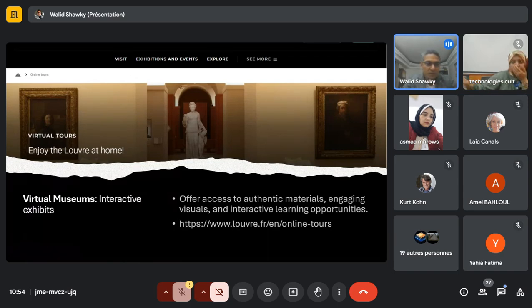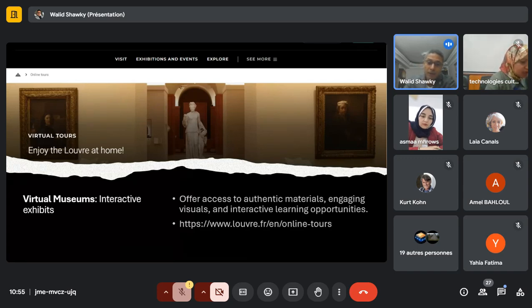We have seen so many museums around the world that are providing this, including the Louvre, for example, in Paris. Similarly, I have seen a couple in Dubai, and we have the Egyptian Museum here in Cairo that offer the same experience online. So if you are trying to tell the story of a specific place, like the Louvre museum, for example, you can get students to go to the website.